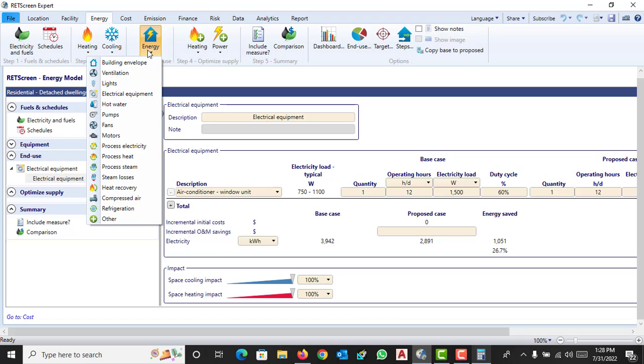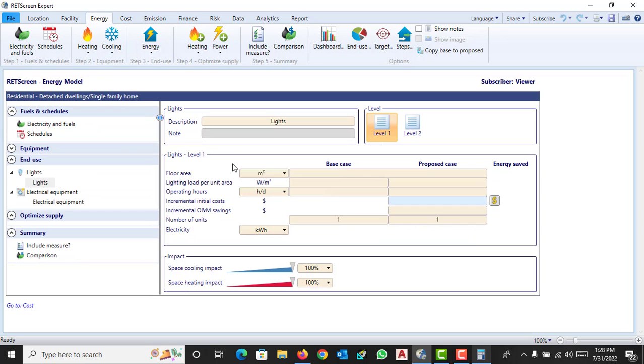And second one, if you are going to add something else than an air conditioning unit, you can also put in the lights. Like in the base case, for example, in your room, or you're going to describe one room, or level 2, level 1. This is level 1, and again you can do it for level 2. So your total house, your total home area where the lights are installed, let's suppose it's 1500 square